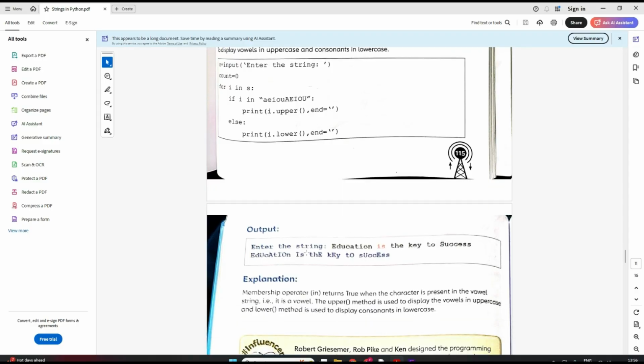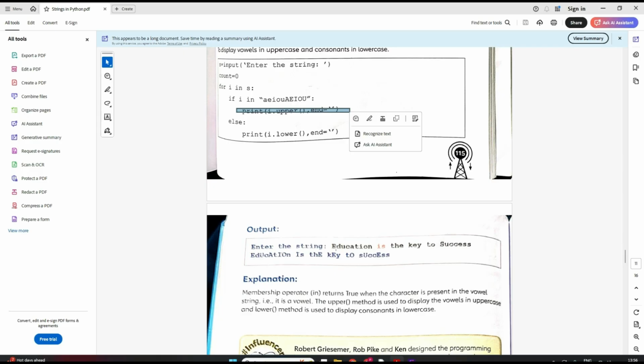Now see here, suppose education was entered. This complete string was entered: Education is the key to success. Now in I, the first character will be capital E, right? It satisfies this condition, so it will turn it into uppercase.